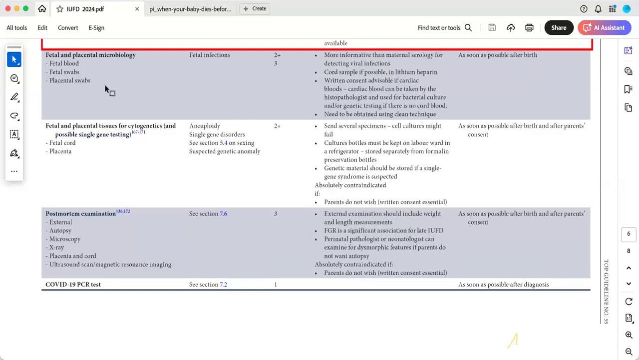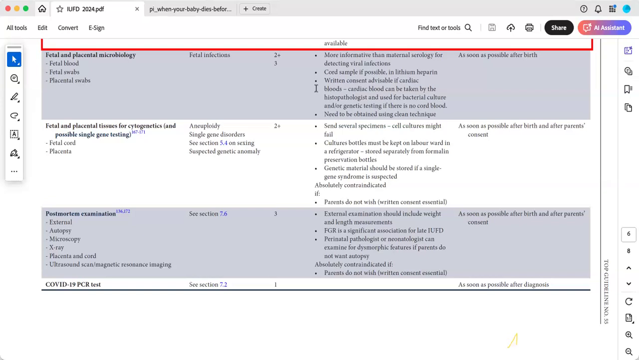Fetal and placental microbiology, like fetal blood, fetal swabs, or placental swab. This is to detect fetal infection. Okay, this is more informative than maternal serology for detecting viral infection. Cord sample can be taken, if possible, in lithium heparin. Written consent advisable if cardiac